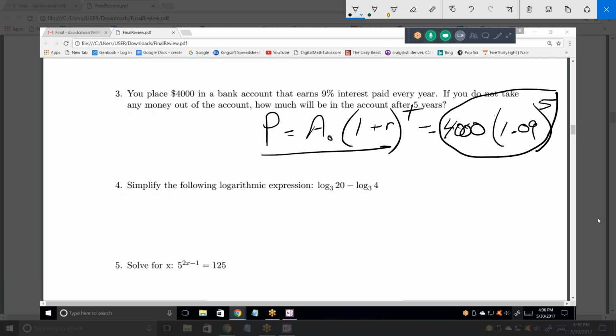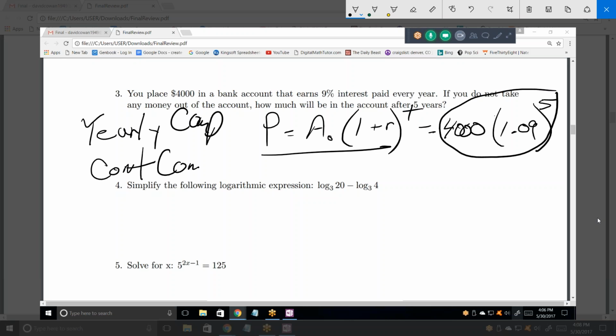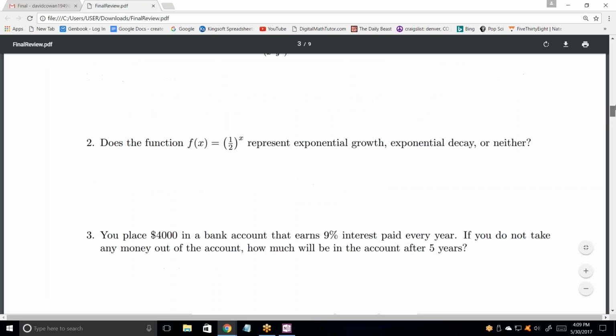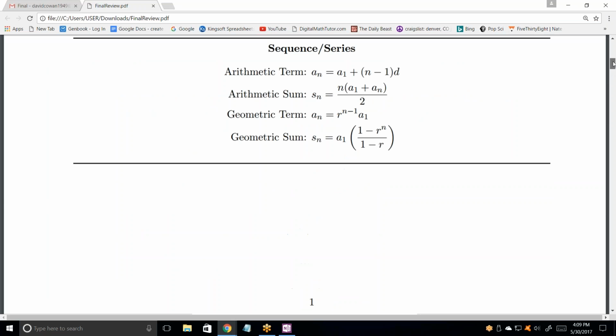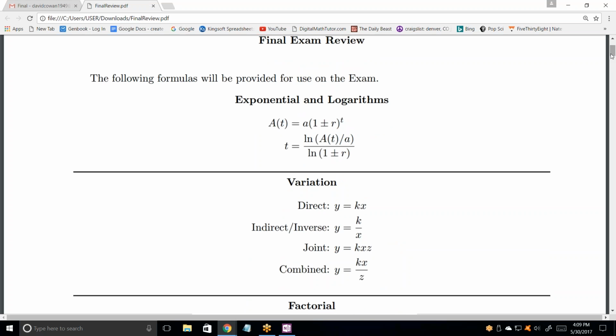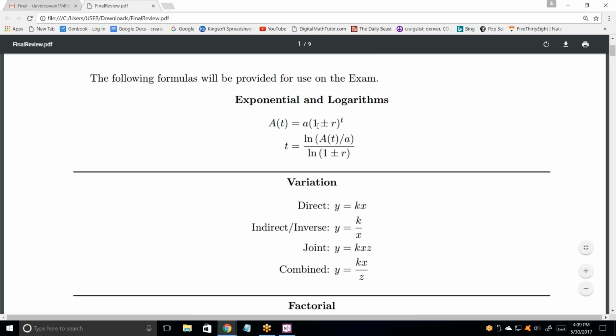Okay, cool. And this is for yearly compounding. One of them is for yearly compounding. The others are continuous compounding, which is a different formula, and compounding greater than yearly, like monthly or daily. Each of them have their own formulas, all three of those. So it's not so important that you remember the three formulas as long as you know which formula to use. I think we're only using the yearly one though. Yeah, you're right. This first one is the only one they list, which is the one I used. Okay, so you don't have to worry about continuous compounding, and you don't have to worry about like monthly